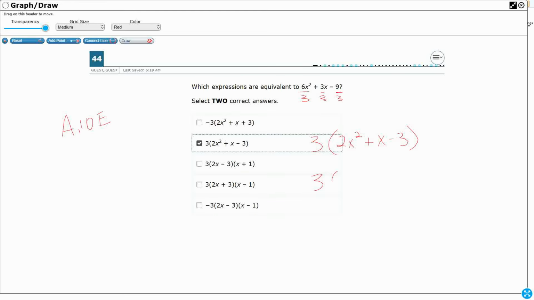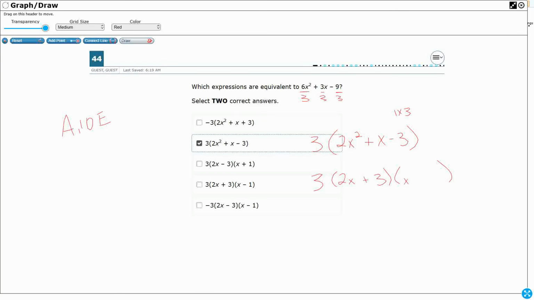We need two numbers. One of them has to be a 2, right? Because that's the only way to get to this coefficient here. And the only way I can do with this is I have a 1 times 3. So I need to put that 1 and that 3 somewhere. One needs to be positive, one needs to be negative, and it needs to end up with a positive x when you add them together. All right, so I want the 3 to be positive because that's more than 2. And I'm going to need that to be right here,